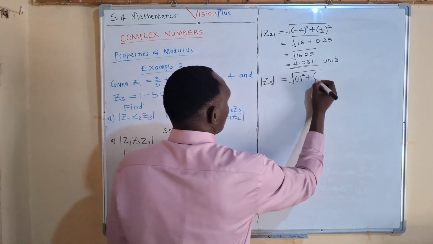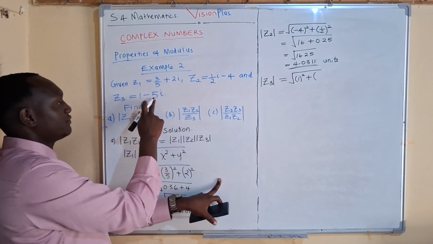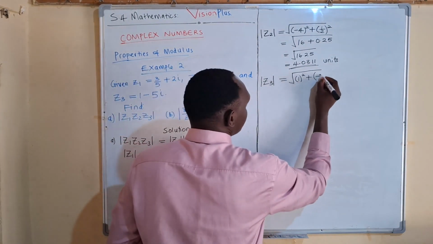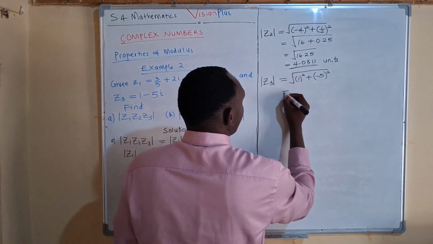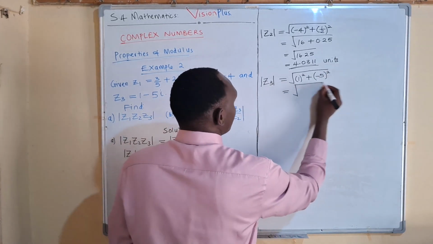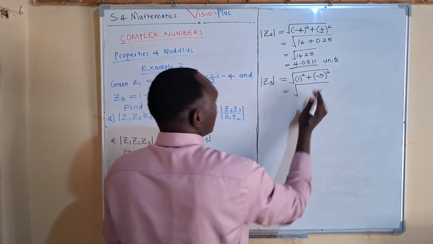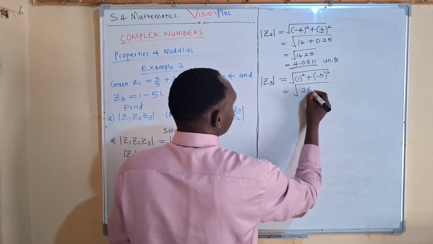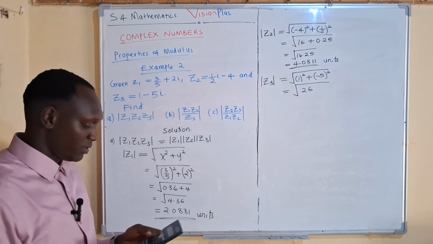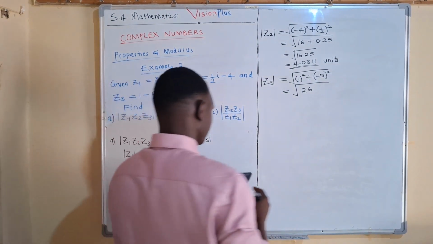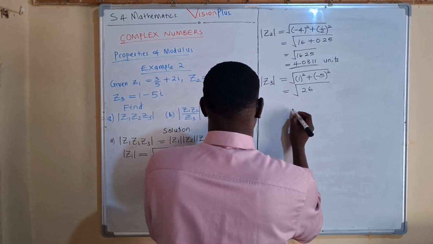squared plus, what about y? Y is the coefficient of i, which is negative 5, squared. What is 1 squared? It is 1. What is negative 5 squared? It is 25. So when you add, it will give you 26. What is the square root of 26? The square root of 26 is